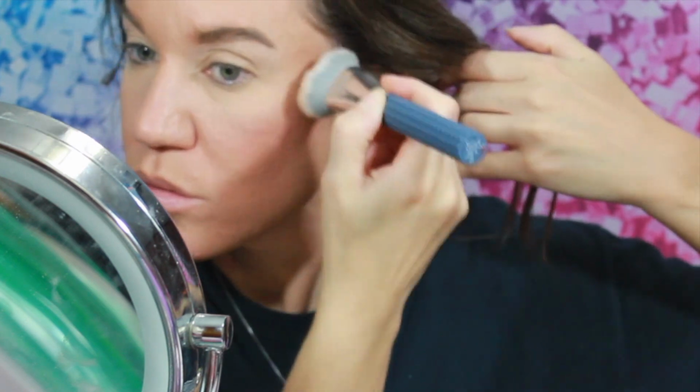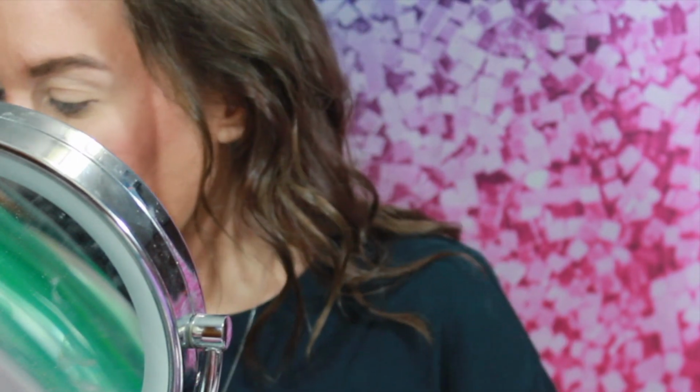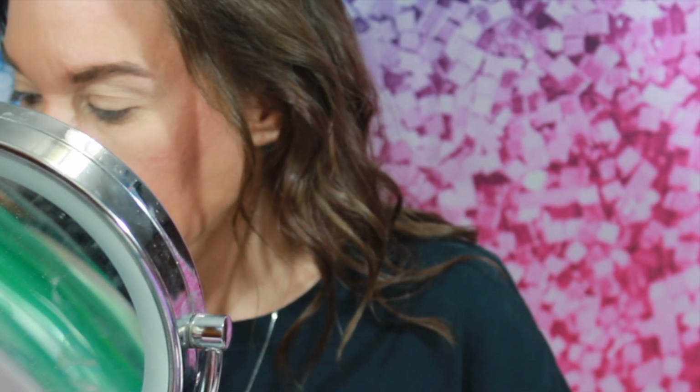And it just makes such a huge difference. I love it, and I'm really liking that bronzer. It's good for neutral and cool skin tones. Okay, so we've got the bronzer down. Did a slight bit of contour. And now we're going to go in with...